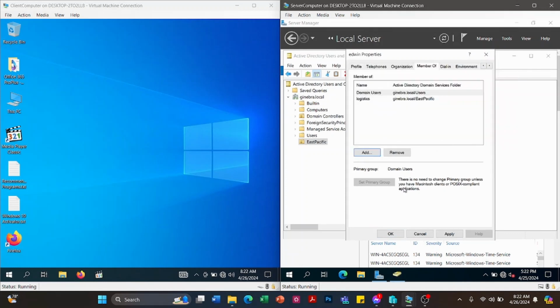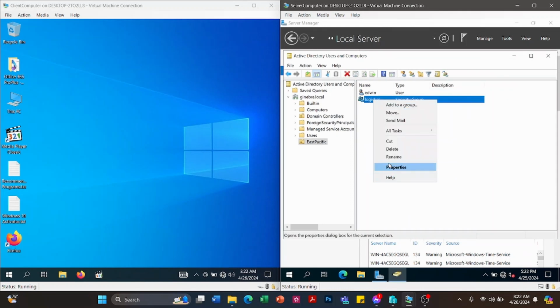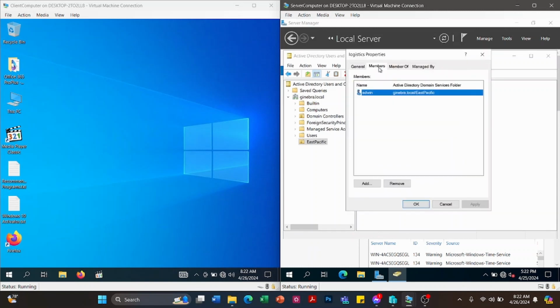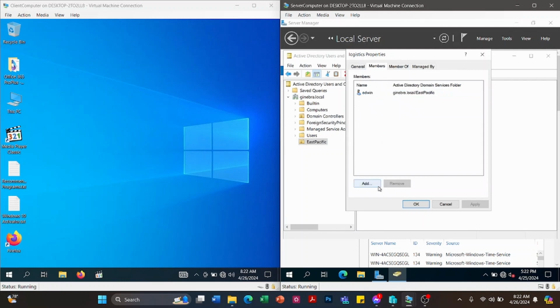Click OK, then Apply. For verification, right click the logistics security group, then Properties, then the Members tab, and we can see Edwin. So Edwin is already a member of the logistics security group.